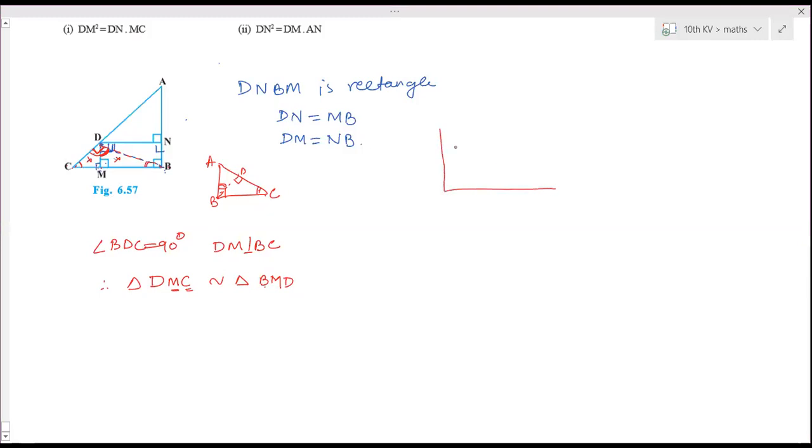So remember, in this type of triangle, when there is a 90 degree angle and a perpendicular is drawn from that 90 degree angle, then this angle is equal to this angle, because you have proved it: 1 plus 2 is 90 and 2 plus 3 is 90. When you equate them, 2 gets cancelled, so 3 and 1 are equal to each other. Do you remember that part?